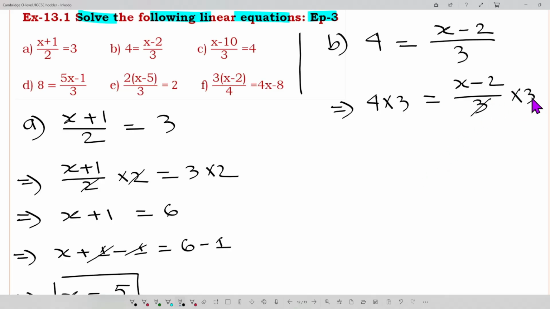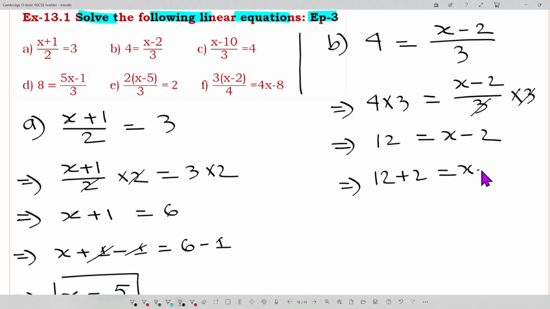So this 3 and 3 cancel out, it means we are dividing. Now 4 times 3 is 12 equals x minus 2. Now here is a minus 2, so plus 2 equals x minus 2 plus 2. So here is 14, minus 2 plus 2 cancels out, our answer x equals